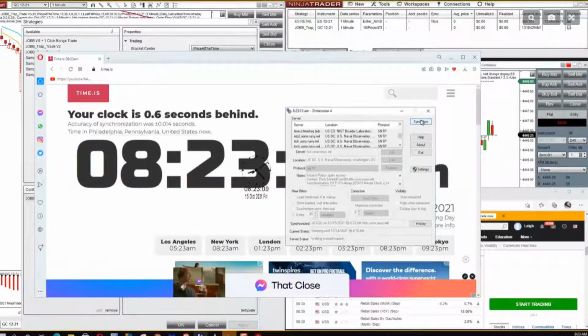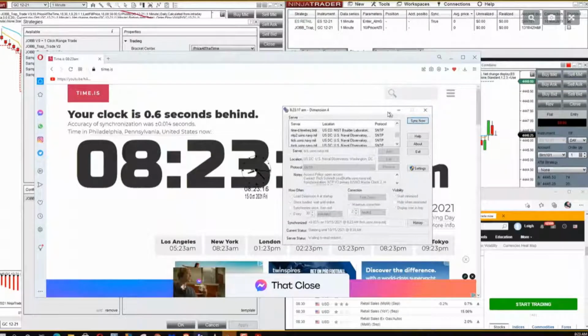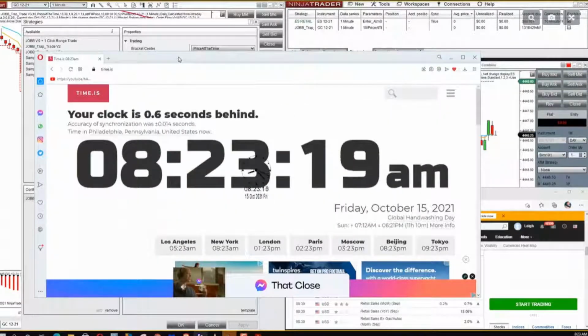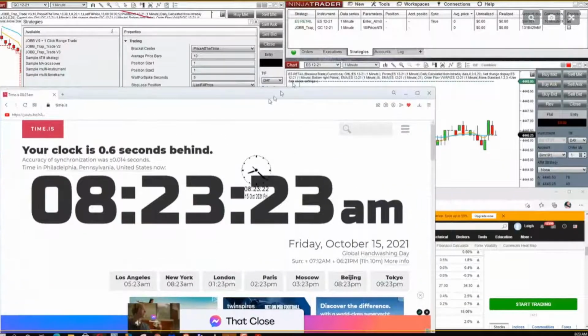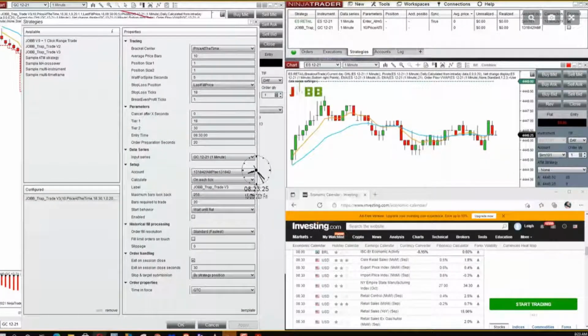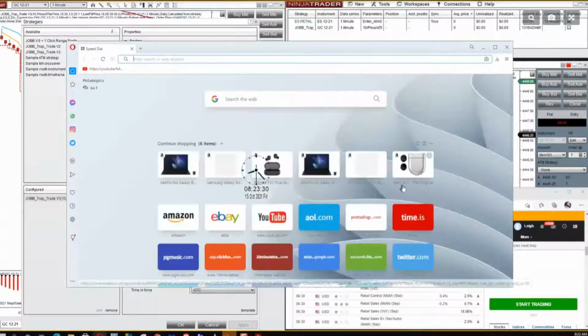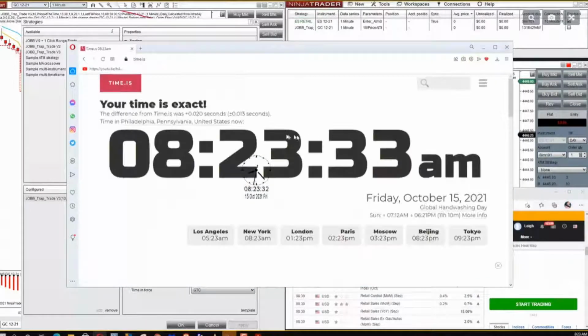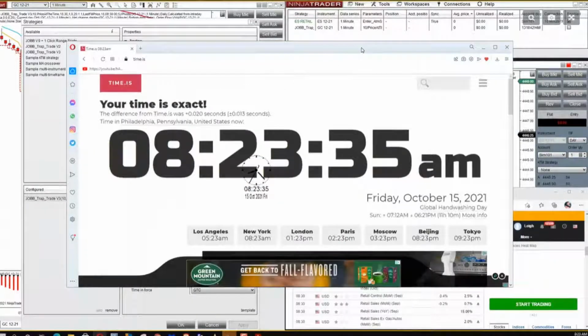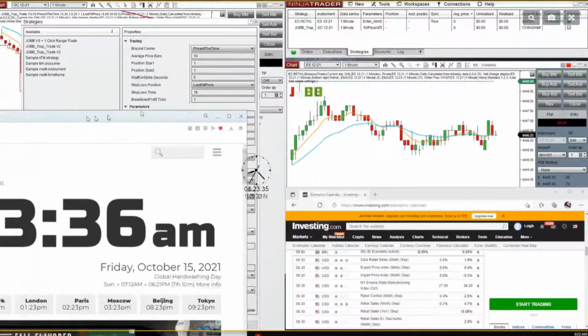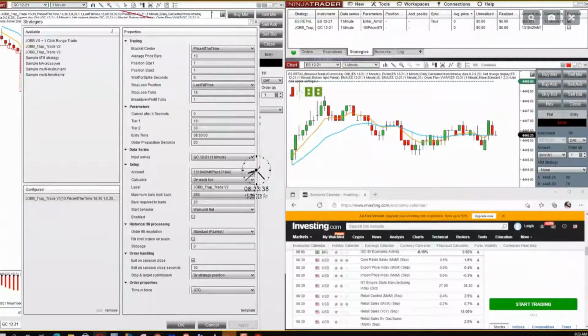And you click the sync now button, and if you notice, the synchronized line changes. So I click it a whole bunch of times, and then I redo completely my time.is. I close it and start it from scratch. I don't restart it from the website. I start it from scratch. And see, now I'm in sync because Dimension 4 syncs to a different server, and it puts me in sync. Okay?